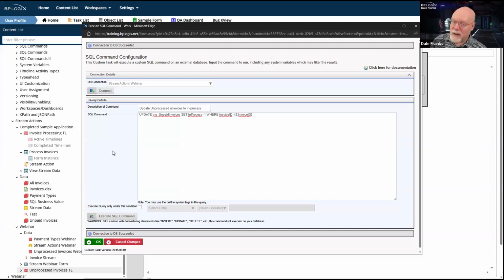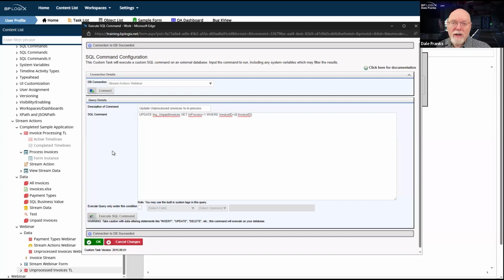The fact is that Process Director does not vet your SQL. Whatever SQL you put into a SQL box, whether it's a business value or a stream action like we're working with here, it doesn't matter. Wherever you can pass SQL, Process Director will not vet your SQL for you. It will not say, are you sure you want to do this right here?